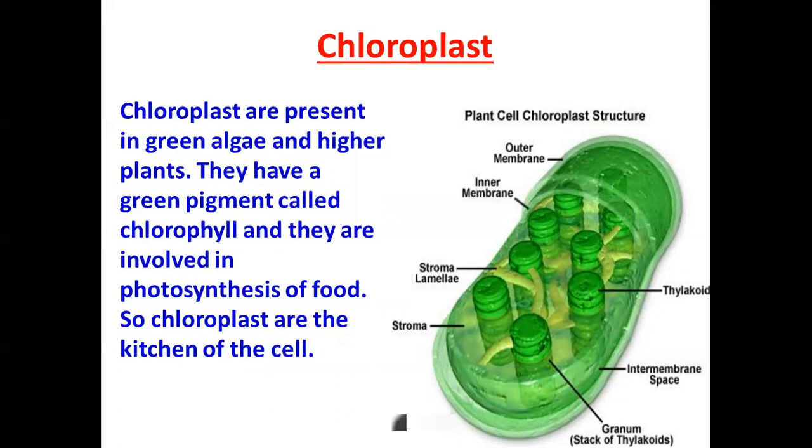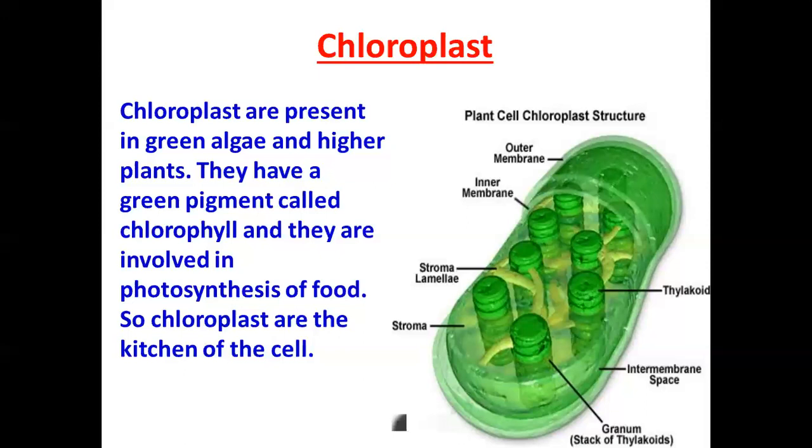Each chloroplast is bounded by two unit membranes like mitochondria. You can see in the diagram, two membranes are there, inner membrane and outer membrane. It shows two distinct regions. Grana are stacks of membrane-bound flattened discoid sacs. Clear? If you see that coin-shaped structure, that is grana. That stack of coin structure is called thylakoid, containing the molecules of chlorophyll. They are the main functional units of chloroplast.